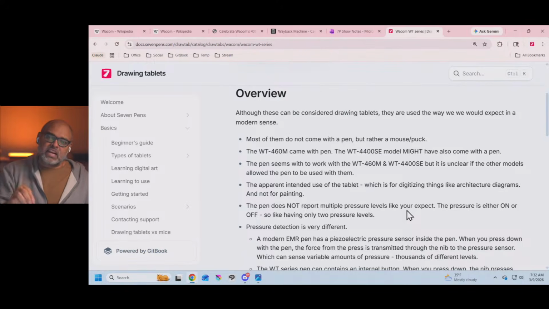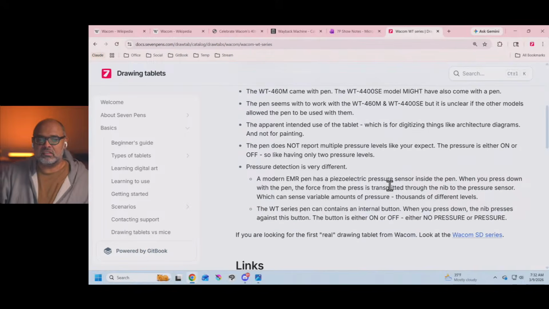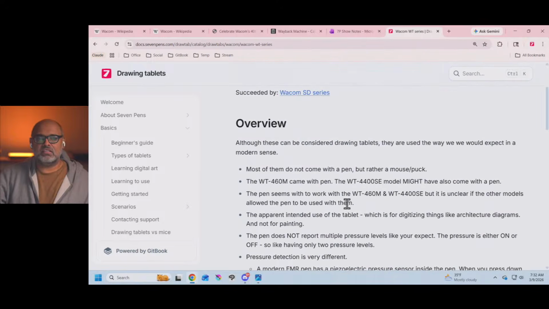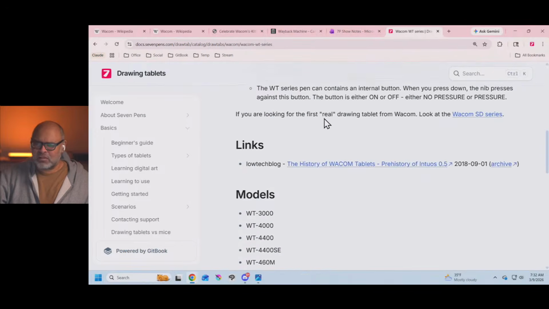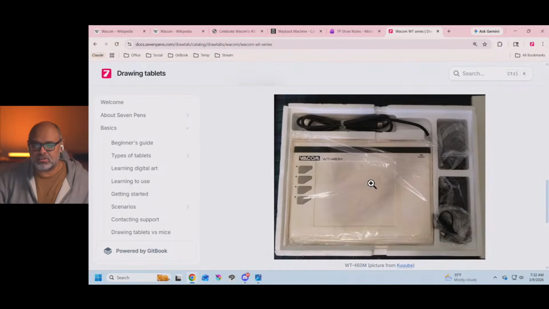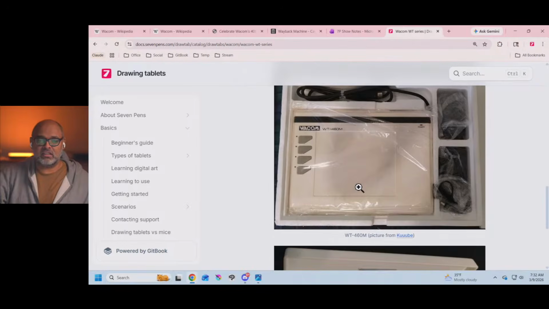And the way this pen detects pressure, this is not an EMR pen the way we know it today, right? A modern EMR pen has a little pressure sensor inside. The nib hits that, and that pressure from the nib goes into it. It's a piezoelectric sensor. That's not what's happening here. This pen has essentially a button inside that the nib hits, and that button is just on/off, pressure or no pressure, right? So this is the first product that has the shape of a tablet, and Cube has it. This is his personal model. These are very rare on eBay. I think Cube was looking for this for ages and finally found one.